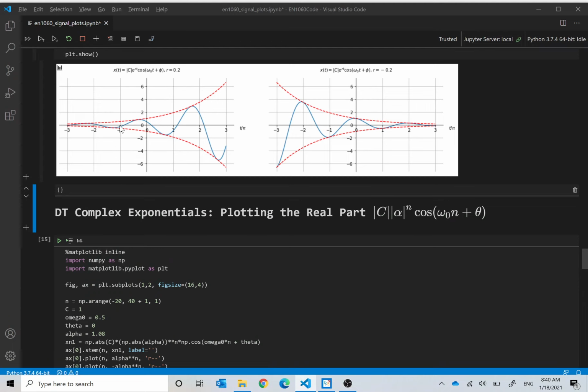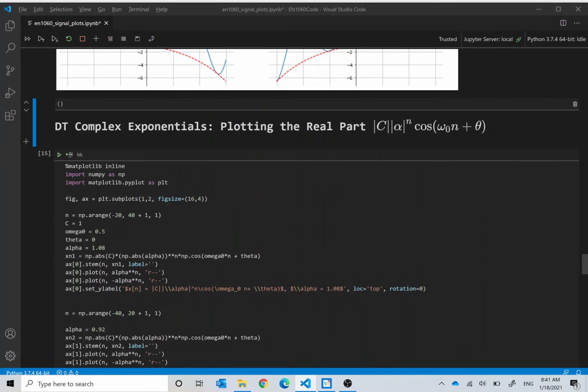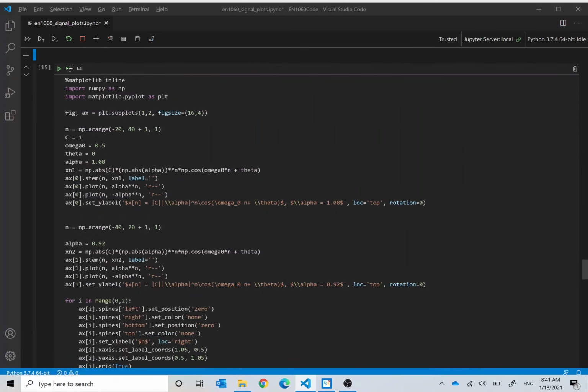Okay, so you can see because of this right here, we introduce this phase change, compared to this signal. Okay, then comes the discrete time complex exponential signals. So magnitude of C times alpha to the power of n times cos omega naught n plus theta, that's the real part. In this case, we take n values from minus 20 to 40 in steps of 1,